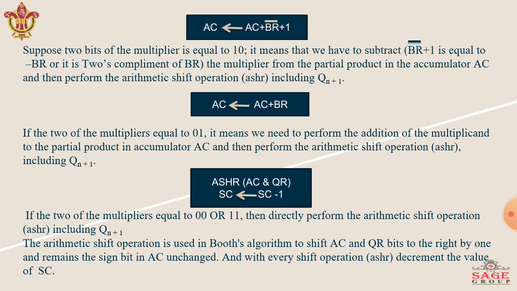If the two bits of the multiplier equal 00 or 11, then directly perform the arithmetic shift operation including Qn plus 1. The arithmetic shift operation is used in both algorithms to shift AC and QR bits to the right by 1, leaving the sign bit in AC unchanged. With every arithmetic shift right operation, decrement the value